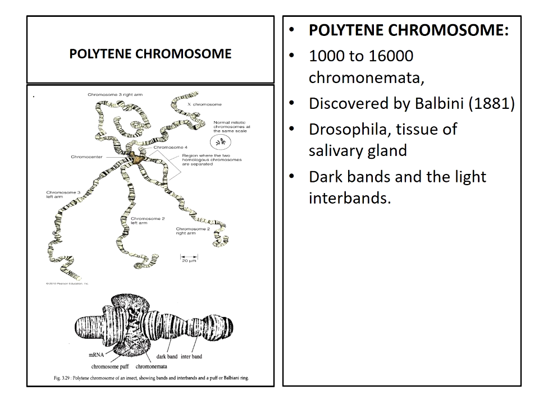So the dark band consists of more DNA and less RNA, whereas the interband consists of more RNA and is poor in DNA. In the dark band region, the DNA fibrils are condensed and supercoiled and are known as a chromomere. As it looks very dark in color, the dark band consists of DNA fibrils which are very condensed and form the chromomere.